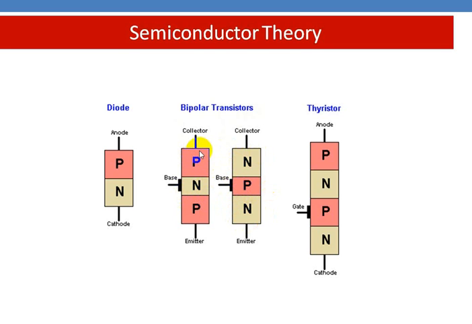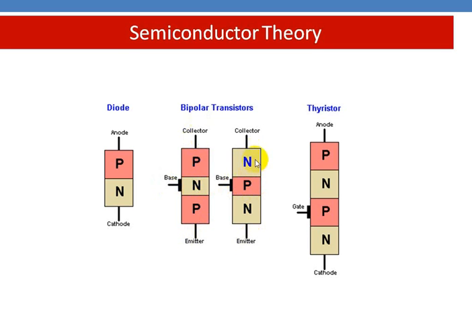So here in PNP, the outer layers' terminals are taken, and they are collector and emitter, and the terminal taken from the middle layer is named base. Similarly,